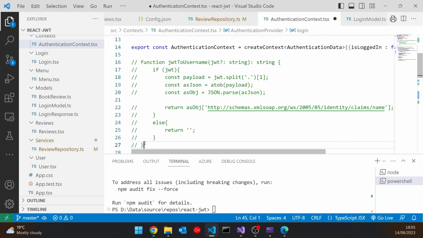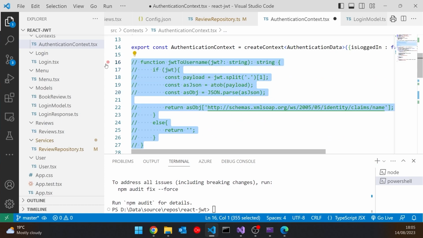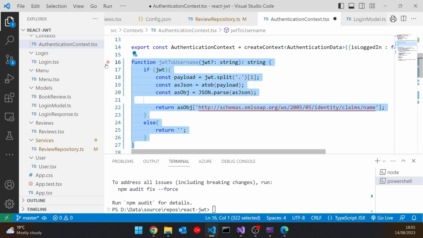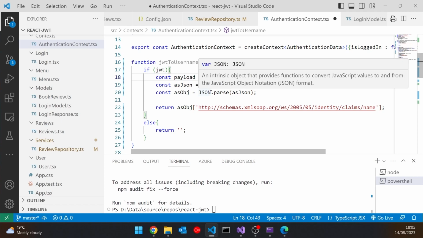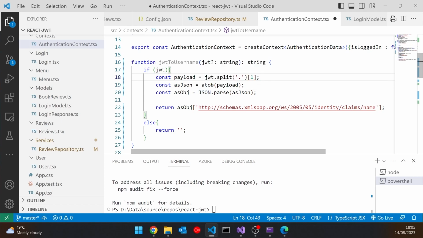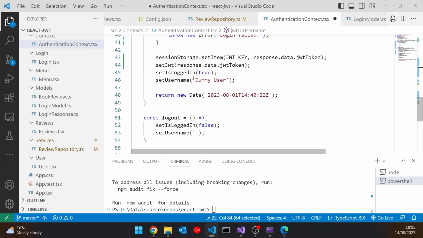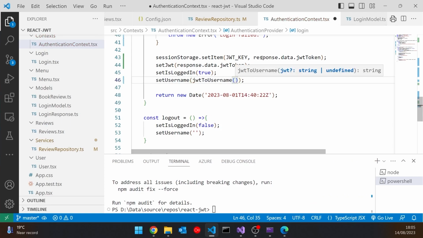So actually, I've written this already. Nothing new there whatsoever, which is why I've written before. So that's exactly what we were doing in the Angular. In fact, I took this code straight from the Angular. And so remember, on our JSON Web Token, we have the three sections. The middle section has the payload data, and so we can get hold of the name claim out of that, and that'll be our username. So all we need to do here is on this one, we're going to say JWT to username, and then pass in the token again, and that will work like that.